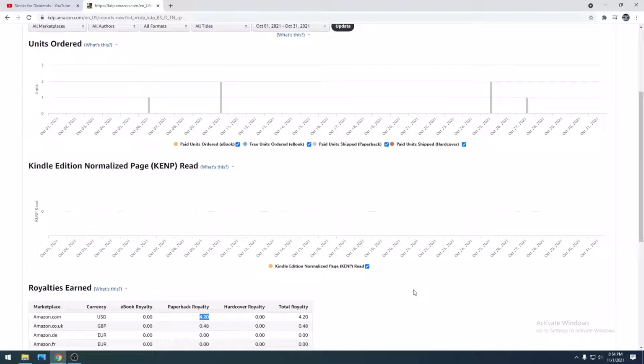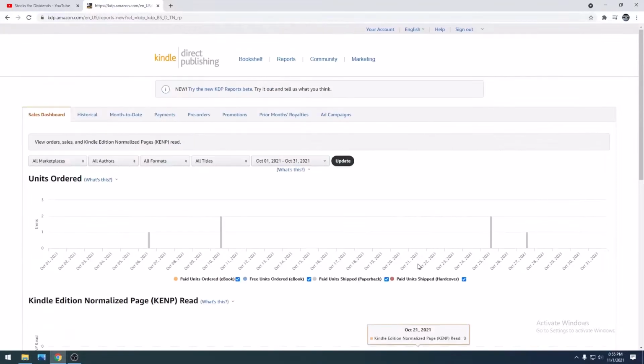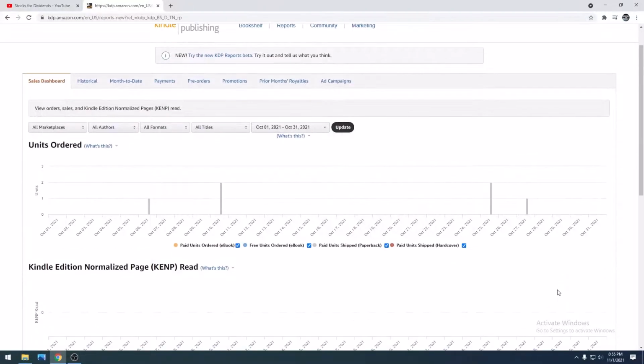Some months will be lower, some months will be higher, but overall, I'm earning some passive income, and I try to get that with dividends. But overall, I think in addition to supplementing my account, this is the route I need to go, kind of the business aspect. So yeah, I hope this inspires you to maybe create your own Amazon KDP account,